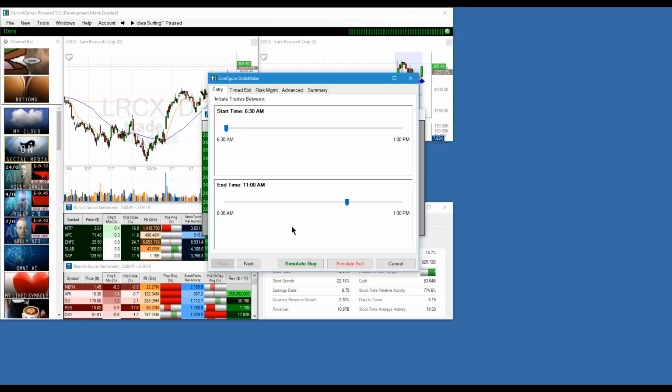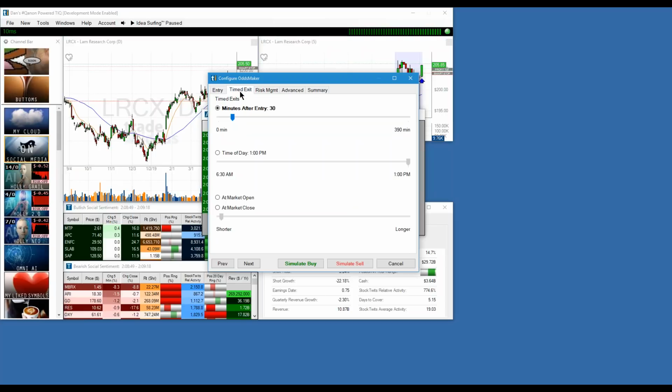Okay. So then, timed exit. In other words, how long do you plan to hold this? Now, these are things that we ask because a lot of times people don't really realize that's part of the whole aspect of the question. Like there's the entry and there's the exit. Okay? So exit time, 30 minutes.